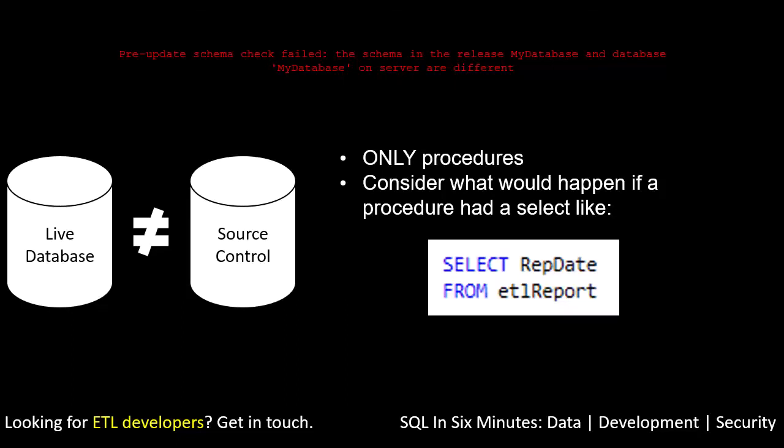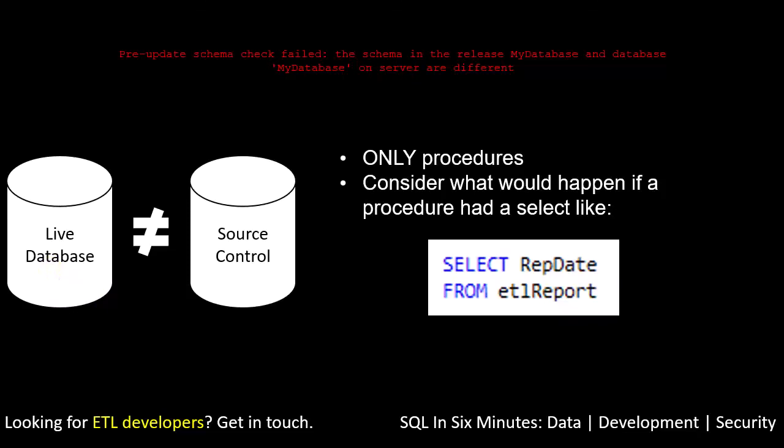And the worst thing that could happen is if we had software that went ahead and deployed it. I mean, think about the same example. So if our source control had the table name as our date and the stored procedures were updated, but the live database was still referring to it as rep date. So what happens when that table doesn't change in the live database, only the stored procedures are, but now all those stored procedures are referring to our date on the ETL report, well, they're going to fail in the live database,